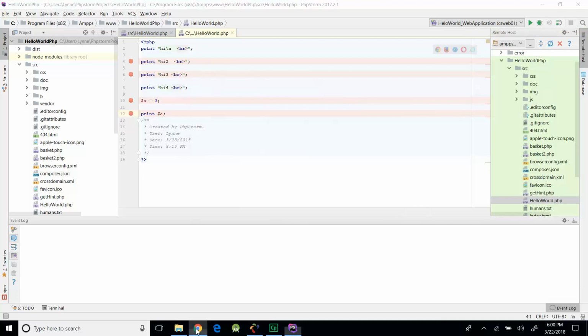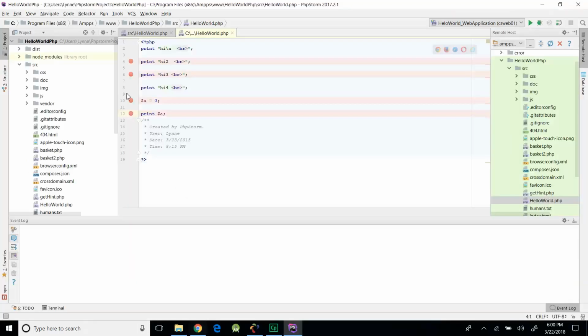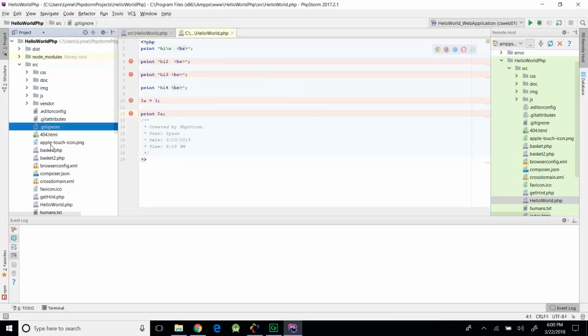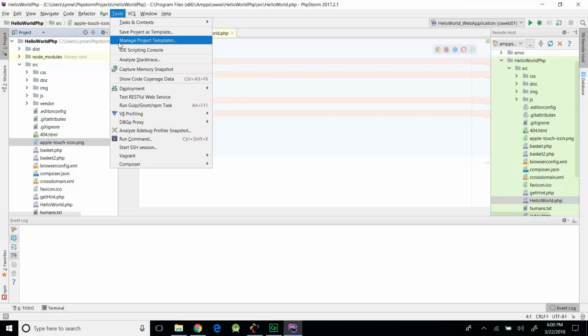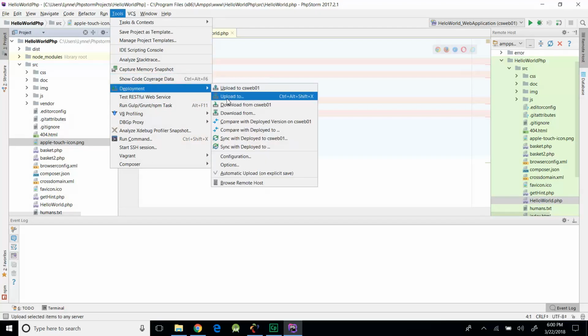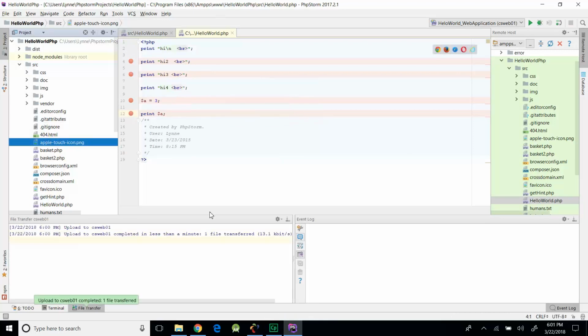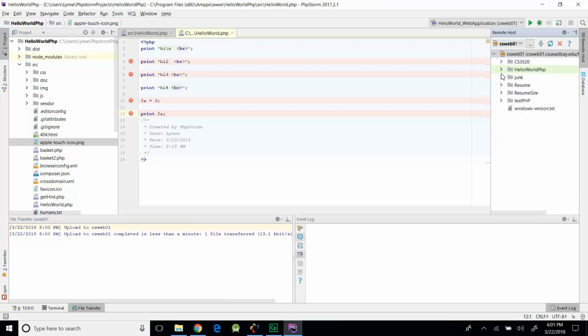And that's one of the things that it does right here, it'll bring it up here in the browser, the CS Web 01, and it'll actually run it directly from here. It'll actually transfer the file and run it at the same time. If you want to just deploy it, you can go to Tools, select whatever it is you want to deploy, and say Tools, Deployment, and upload to, and in this case, rather than the local, you want to upload it to the remote server, and it'll transfer the file. And again, I can switch here to my remote server, and I can go in here and I can actually see the files and